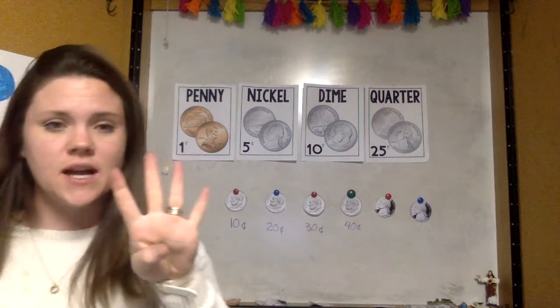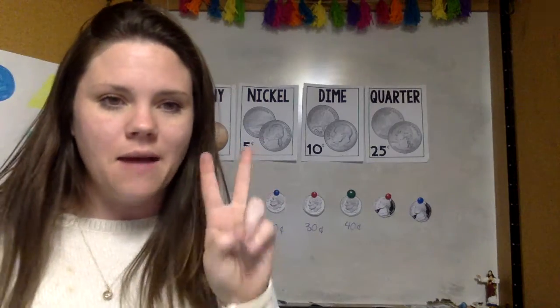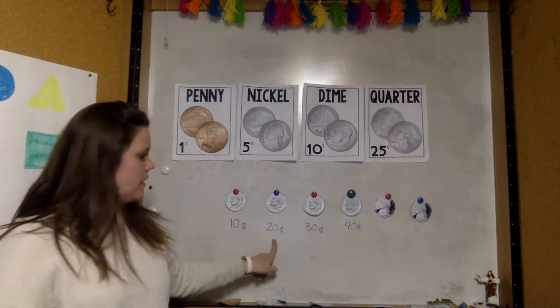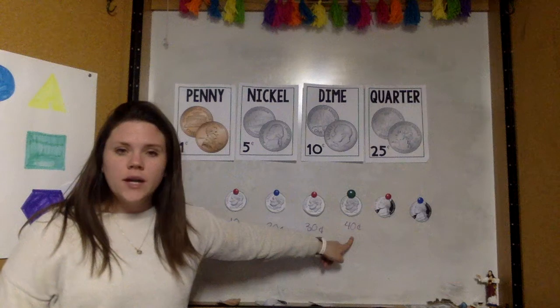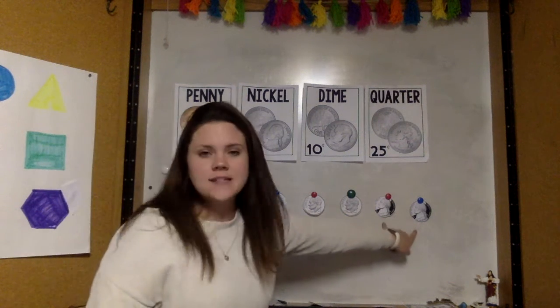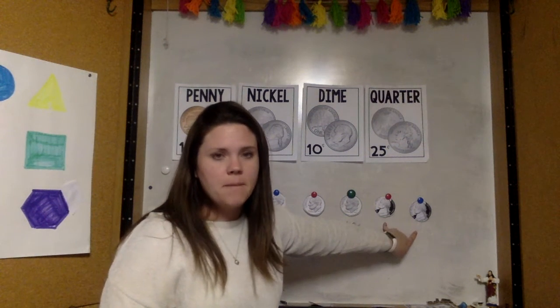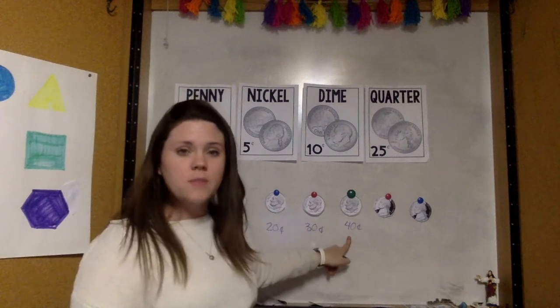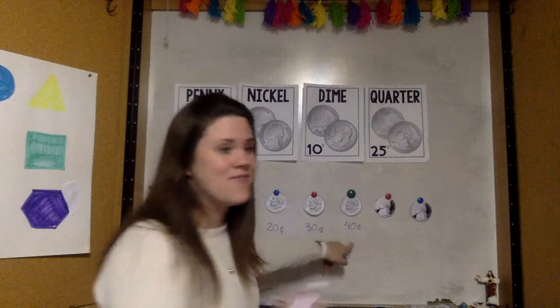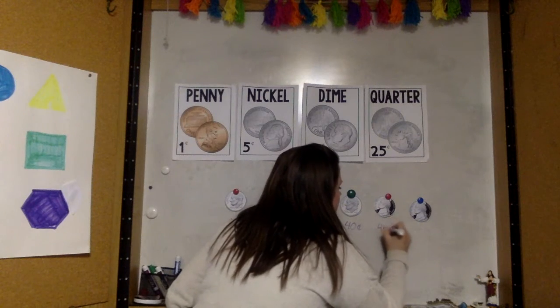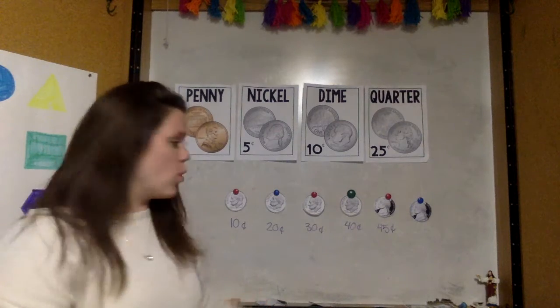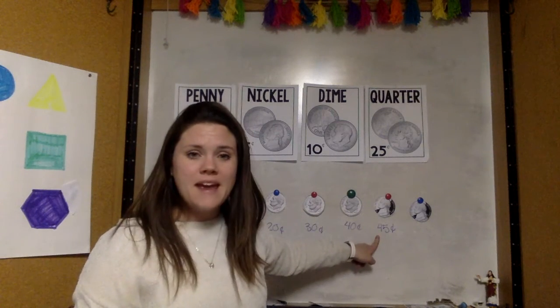So if Pat has 4 dimes and 2 nickels, I'm going to count up my dimes first. 10, 20, 30, 40. But wait, these are not dimes. These are nickels. So now I'm counting by 5s. So after 40 comes 45. But I'm not done yet. 45 and 5 more makes